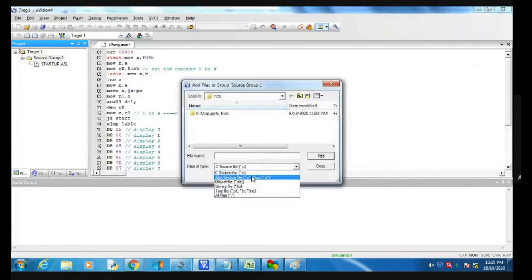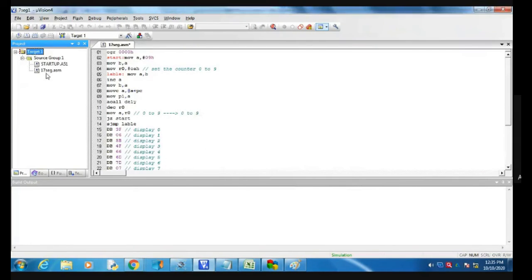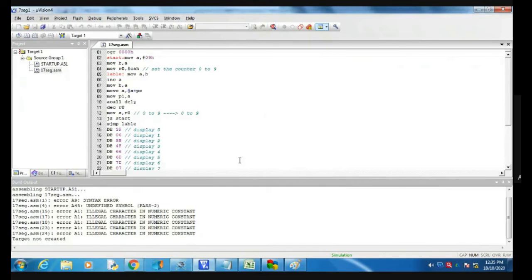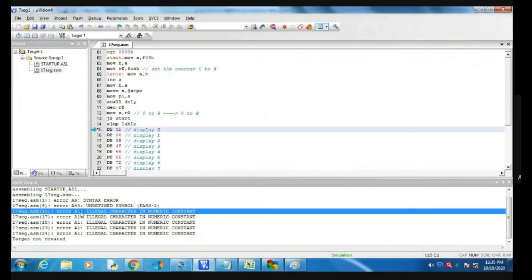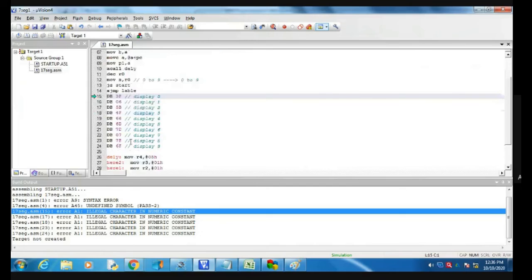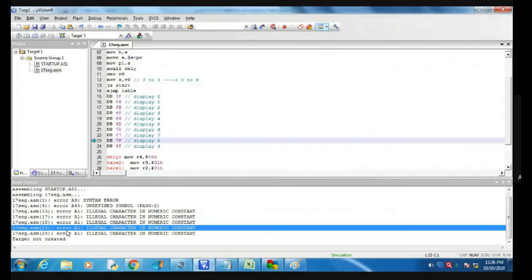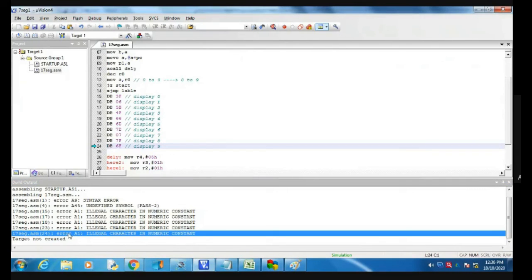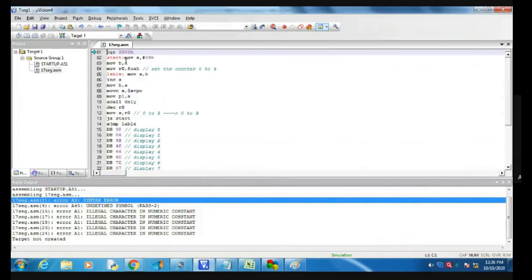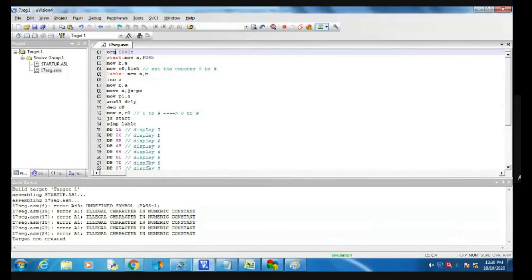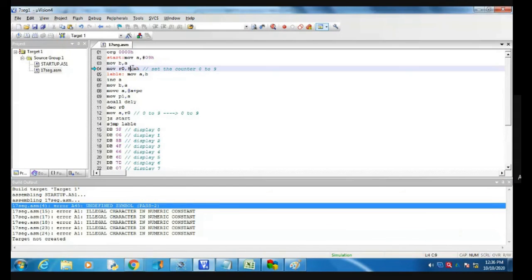I'm going to add this into the project, then build it. There is some typing mistake.